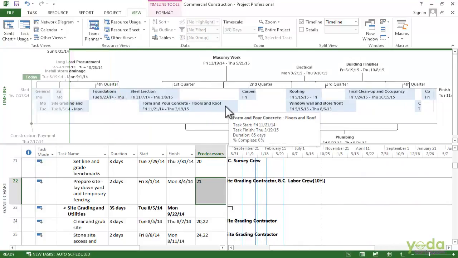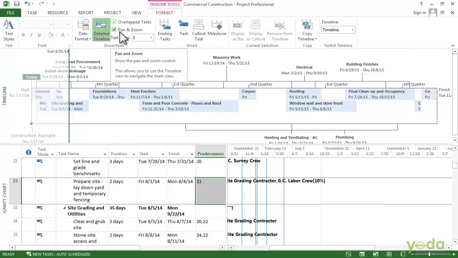I can also change the end date by dragging it towards the left. I can change the start date of that date range by dragging it towards the right or left. By the way, if dragging doesn't work, on the Format tab, make sure that the Pan and Zoom checkbox is turned on, because that's what allows you to drag this box around and also change the earliest or latest date of the date range. I am just going to get these taskbars a little bit more in the view.